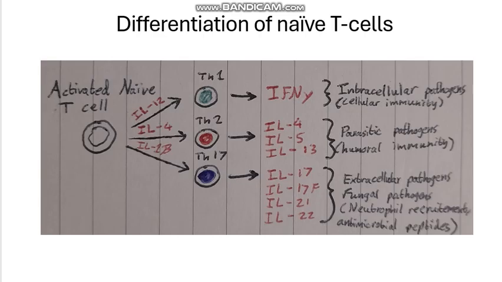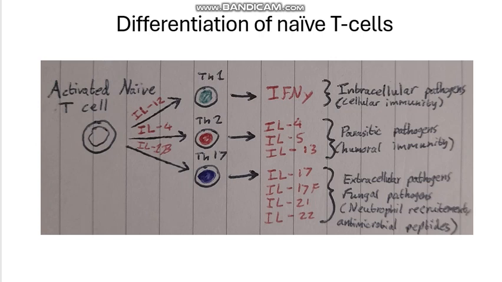Specifically for maturing naive T cells, it would be the antigen presenting cell, so either the dendritic cell or the macrophage, if we're talking about naive T cell maturation in the lymph node. The antigen presenting cell would produce one of these cytokines to